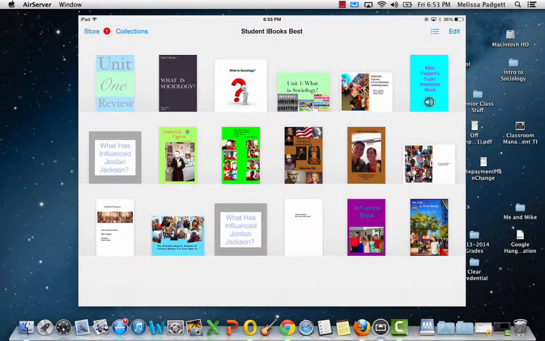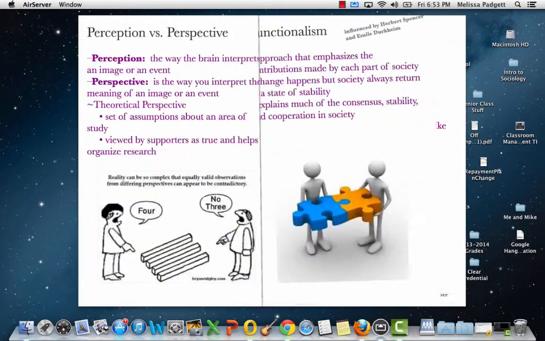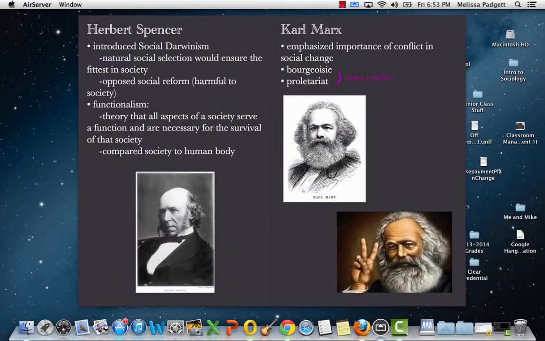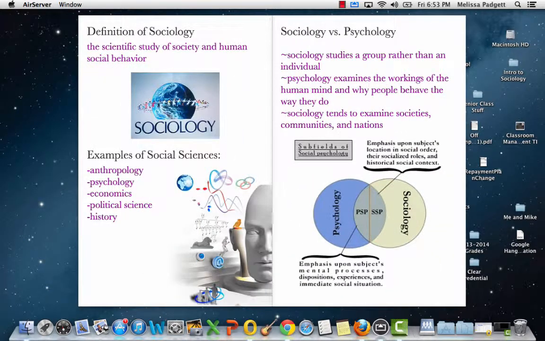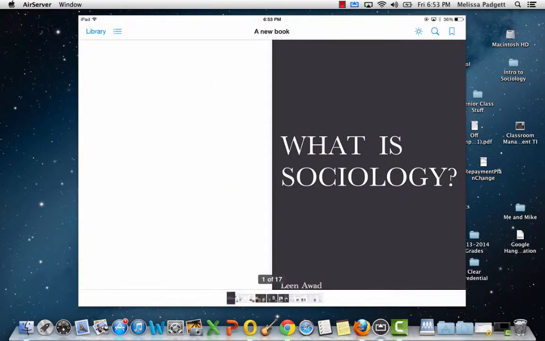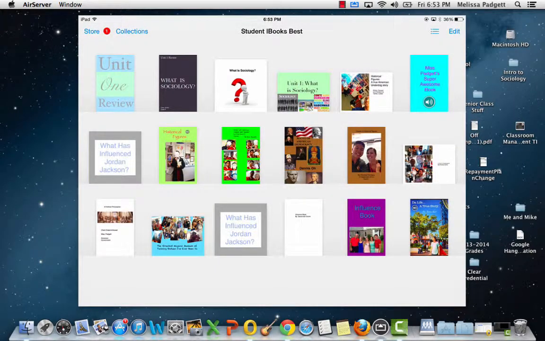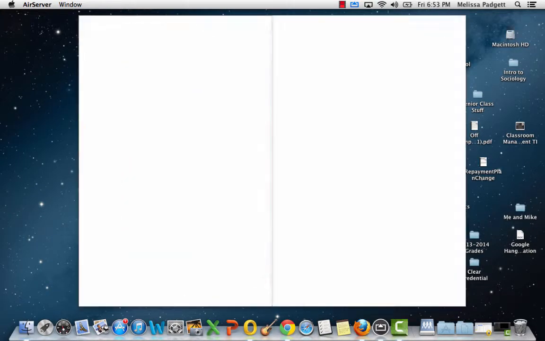And then what was nice for them is the end product exists on their iPad as well, so if they need to review for the test, they can simply flip through their iBook and they have all the terms, people, concepts that they need to know. I also used this app as a tool in my American government class, and we'll take a look at this